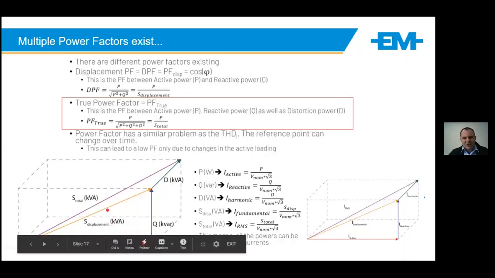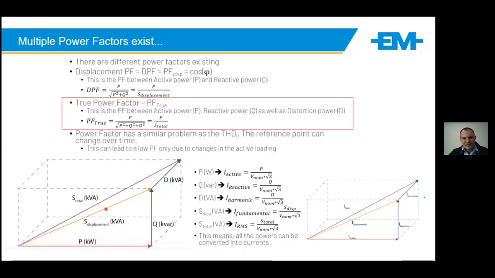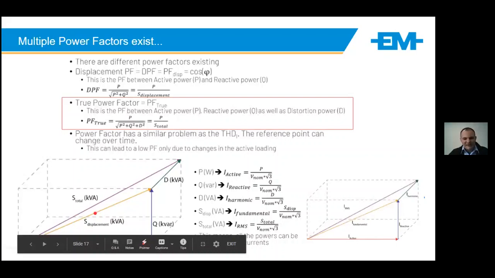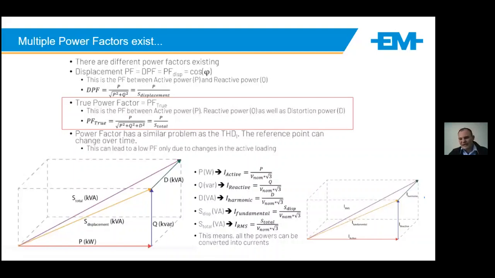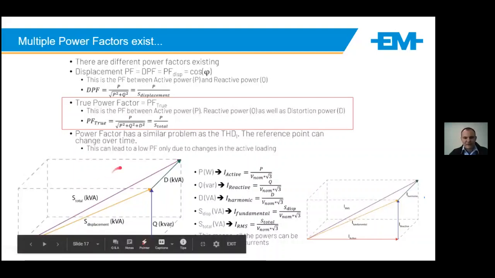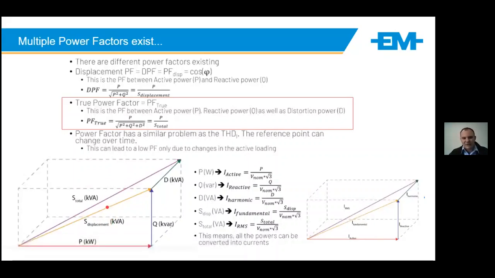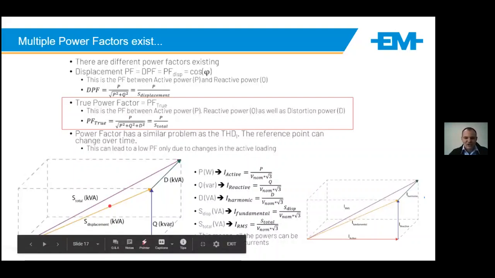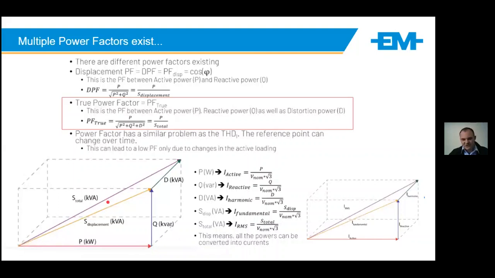Now, on the power factor correction system, without any sort of harmonic mitigation, in this scenario we would only be able to correct the displacement kVA. But what about the rest? This portion between the S total and the kilowatt, that is what we would see as harmonic content. And how would we mitigate or correct that? Even if you try to correct the site to 0.98, unless you're resolving this portion here, you will not get to that 0.98.